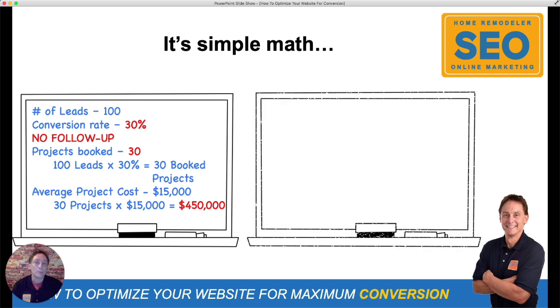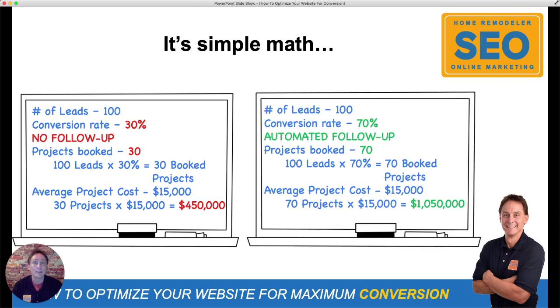Now, though, we put automation in place. We make sure that every lead that comes in gets an immediate call back, they get immediate text message follow-up, they get put into an email drip sequence over time. As everyone knows, most people making big home remodeling decisions aren't going to be making a decision all in one